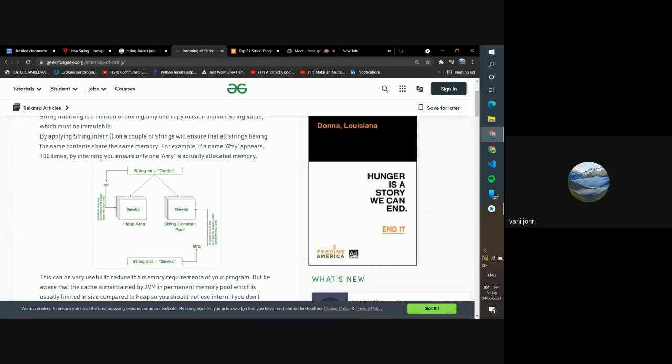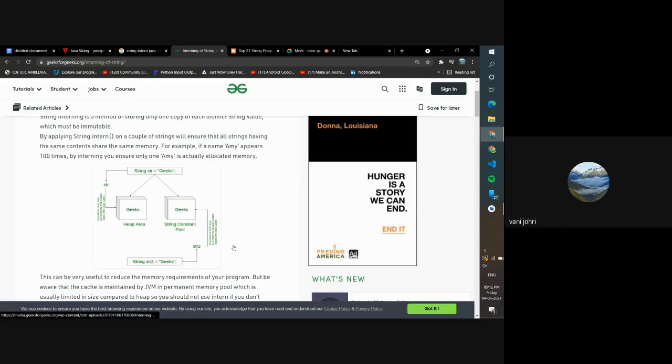But in your program, you're using the string again and again in different places. Maybe you have a really big program and you end up writing the string Amy maybe 50 times, running loops and everything. To make sure that the same string is not being written again and again in the memory, taking extra memory for no reason because it's the same string, you can use string intern.